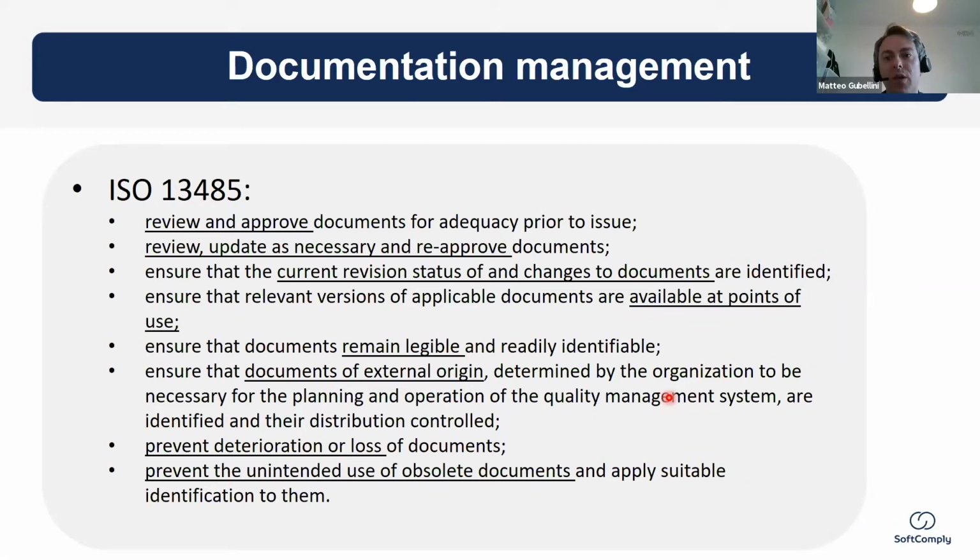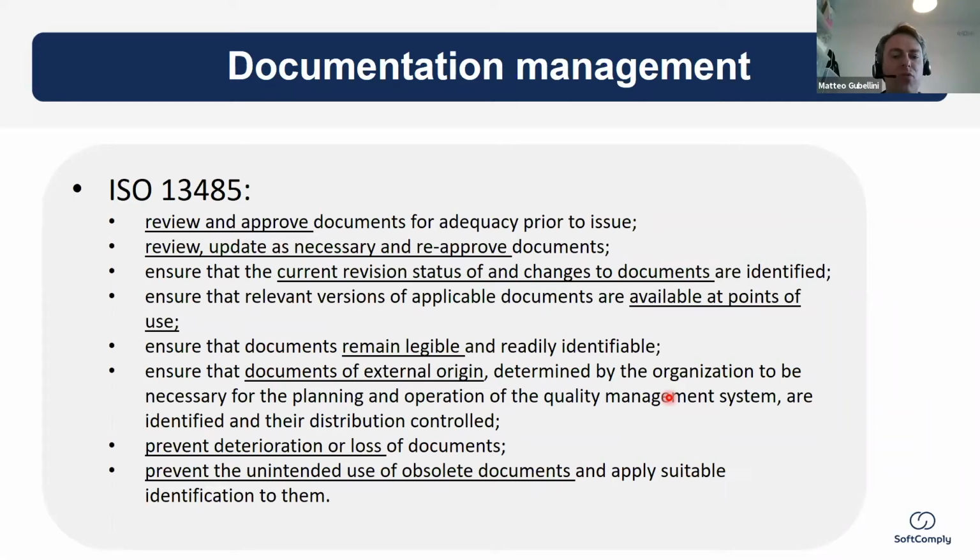meaning that you have to make sure that people have access to the latest approved version. That, of course, the relevant versions are applicable at the point of use, so it can't just be, how can I say, a quality system that is up in the sky and people don't have access to it and they can't use it. The other points are more related to physical documentation, but even for electronic record, they have some